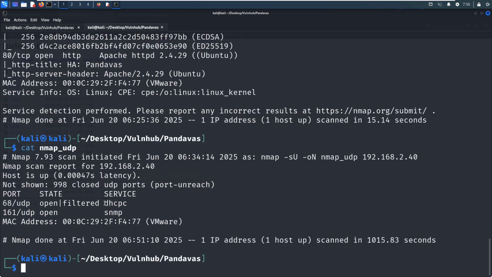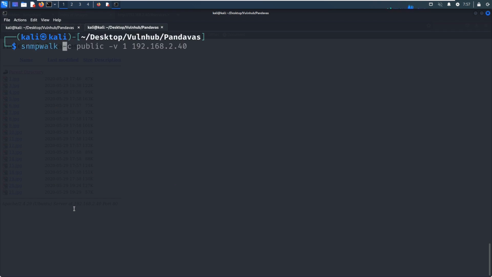So besides the DHCP client service, we also find this SNMP service, or protocol. This simply stands for Simple Network Management Protocol, and the port number is this one. So how do we enumerate this Simple Network Management Protocol service? We can use one of the very useful utilities, which is snmpwalk, and we can specify the default credential, community public,